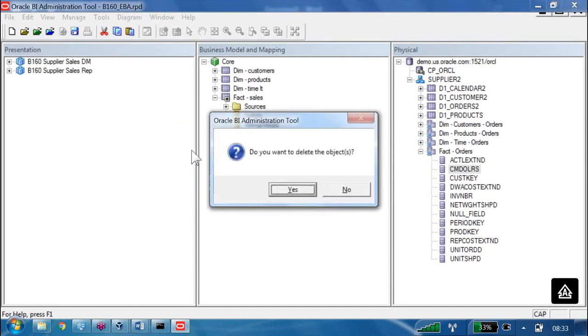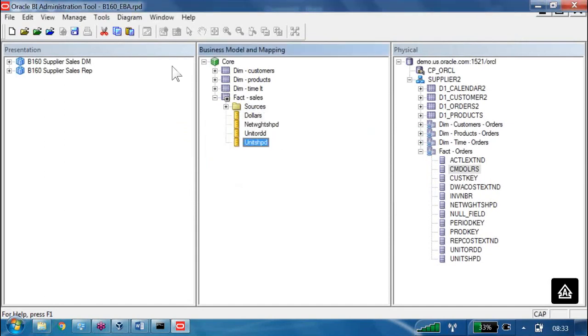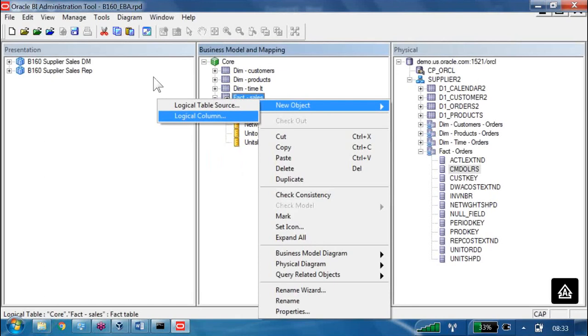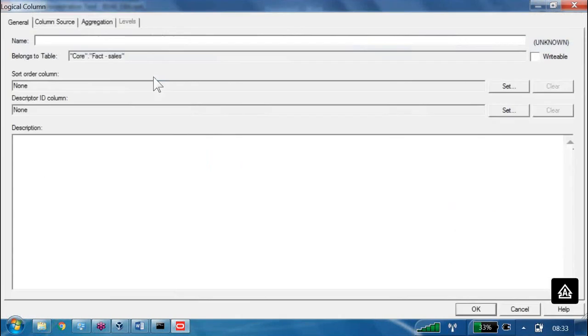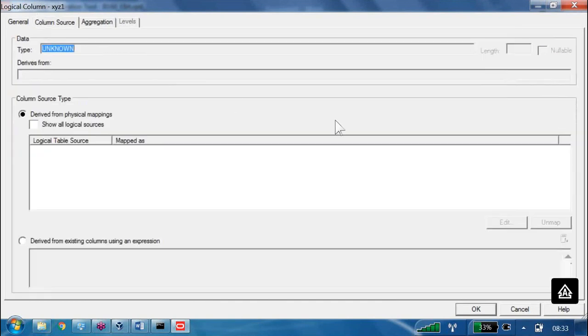Okay, that is one point. Second point: again I am creating one logical column here. This time I am giving the name XYZ1. Now go to the column source. I can get the column mapping from two places. This logical column that you are creating may be mapped with the physical layer, or it may be mapped with existing columns of the BMM layer.